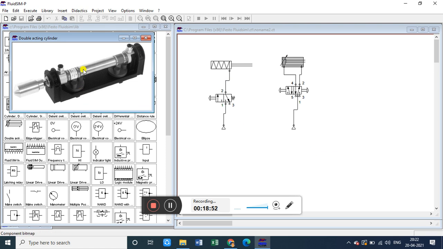You can see this is the double acting cylinder. This is the right side port, this is the left side port. The rod end, which I always mention, it's in this format. So this travels over the roller lever. That's why there is a roller on the lever for the 3 by 2